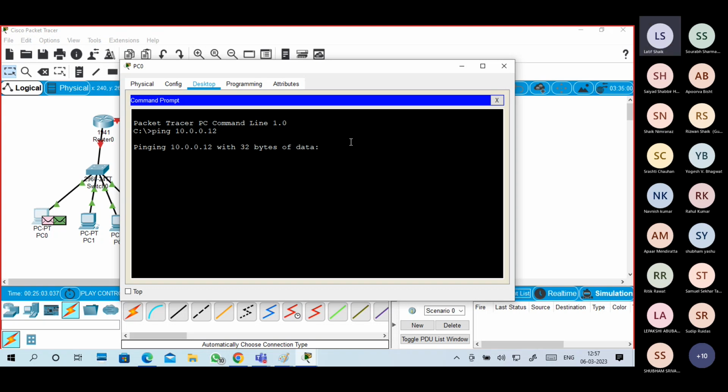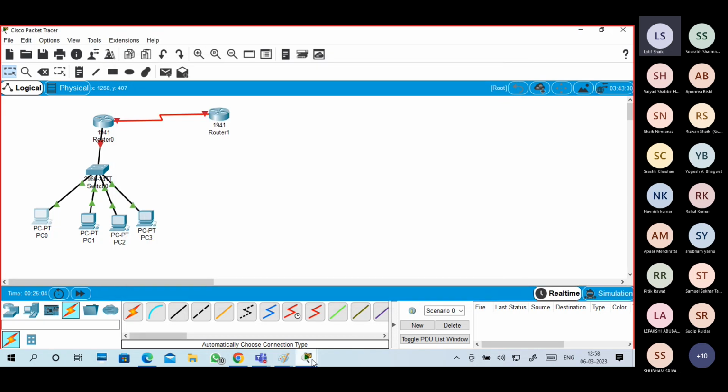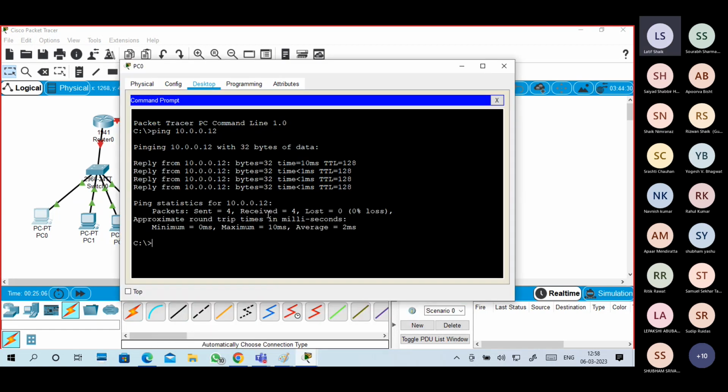I am just waiting to get a reply from my destination. Now I am not getting one. I think it is in simulation mode. Sorry. Okay, so I am pinging 10.0.0.12.